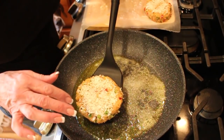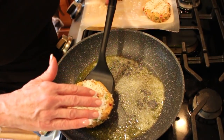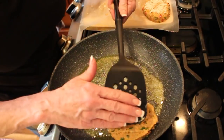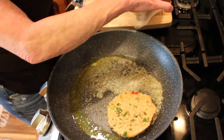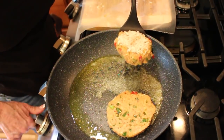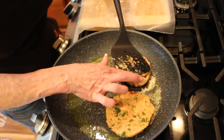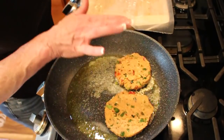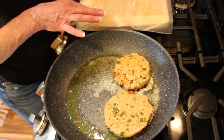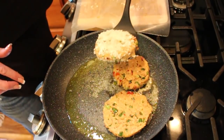So I'm gonna flip these over. Oh, it's gonna be crazy. And then I'll do the same thing to this side. So you just push the panko in there, and that one needed to be pushed a little bit more because it kind of got squished. Anyway, I push these out, and they're on wax paper,